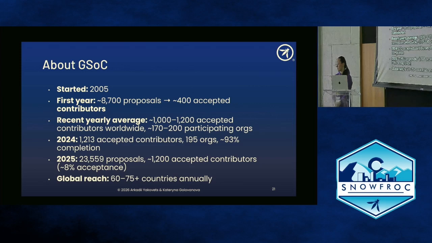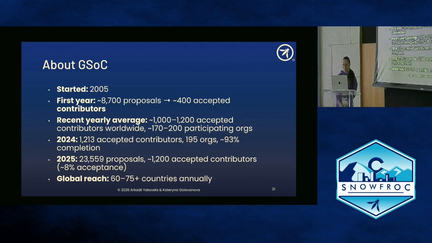So GSOC, or Google Summer of Code, is the program that was started in 2005. So it's more than 20 years that we have GSOC with a lot of organizations participating, like the Linux Foundation, OWASP, obviously, the Python Foundation, Django, Rust. There are hundreds of huge organizations with a lot of people around the world wanting to participate